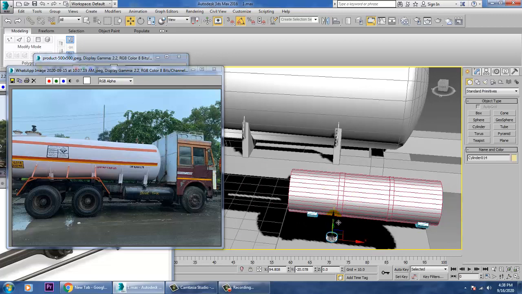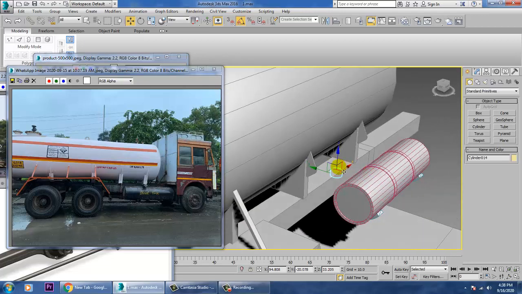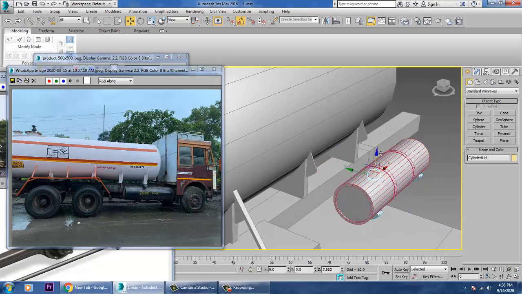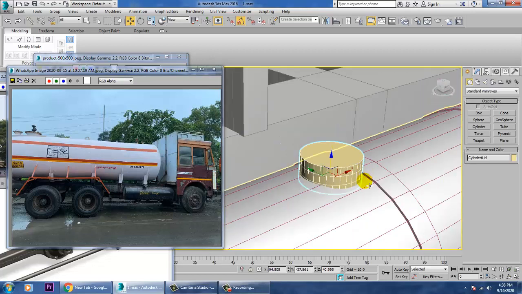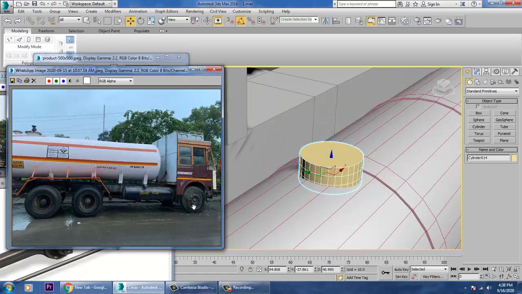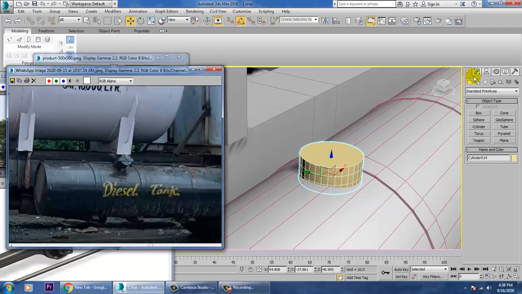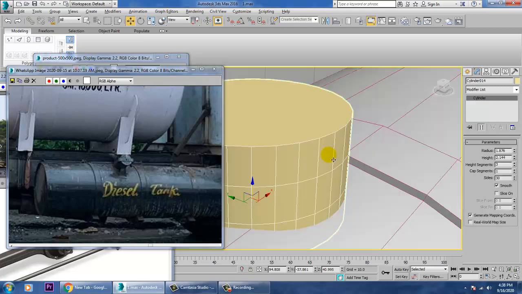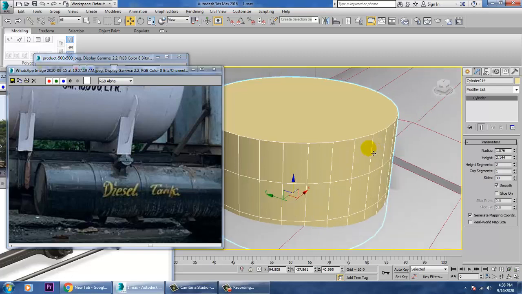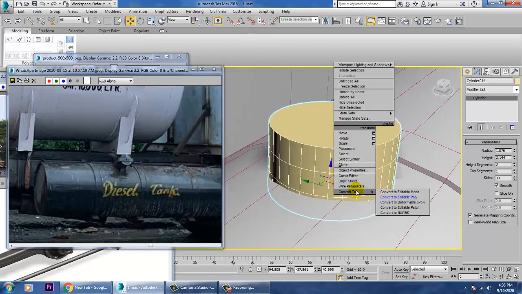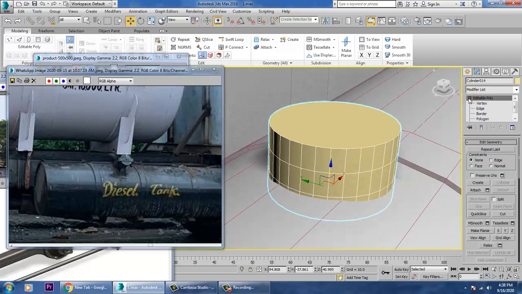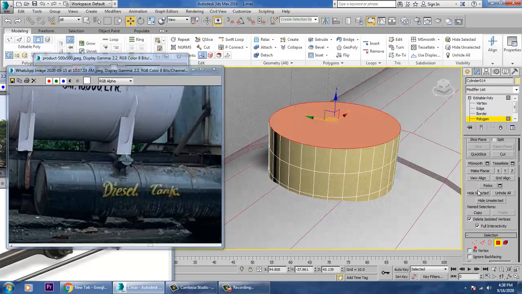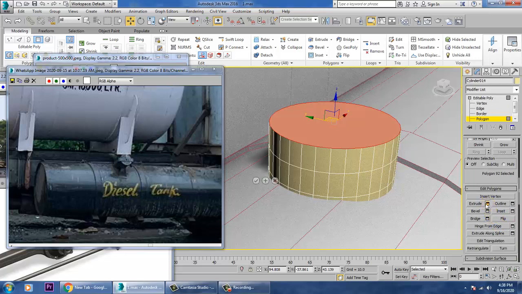So just push the cylinder up over here on top of it. After that, I'll be reducing the radius of the cylinder. I'll definitely rotate this, but before this rotation part, I'll be creating such kind of a capping over here. So convert to editable poly, select the polygons and just extrude it up.